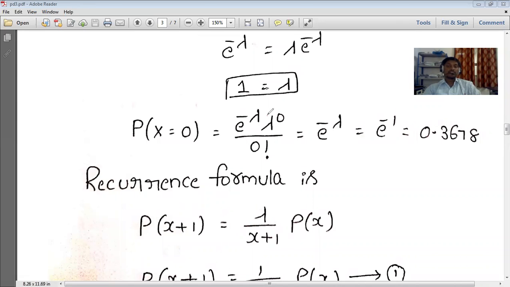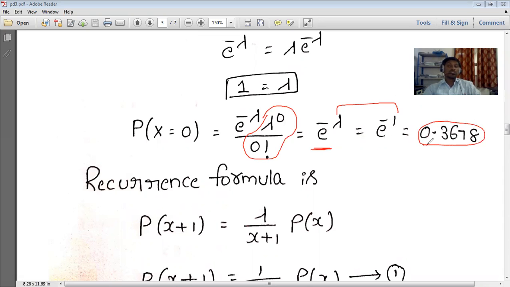And this is nothing but 1. So 0 factorial is 1 and lambda power 0 is also 1. And what about the remaining? E power minus lambda is the remaining one. So for that we substituted lambda as 1. So this is equal to e power minus 1, and the value of this one is